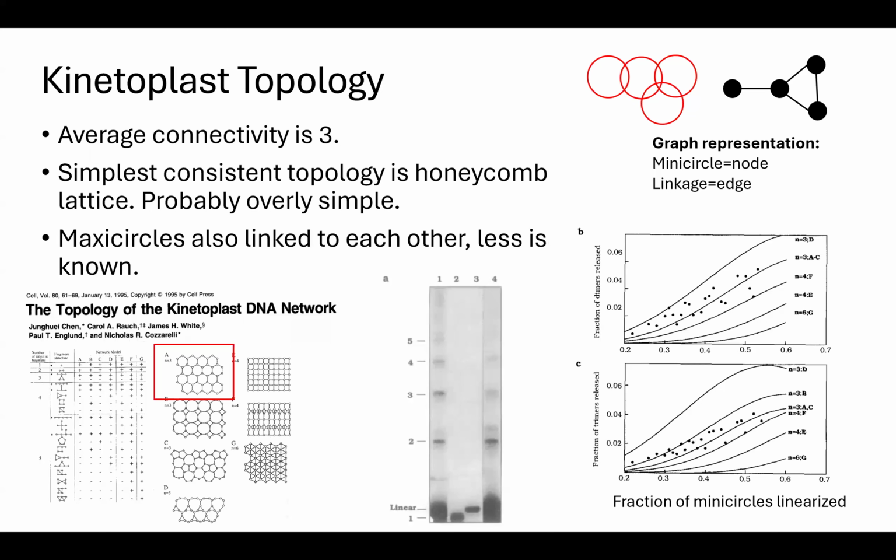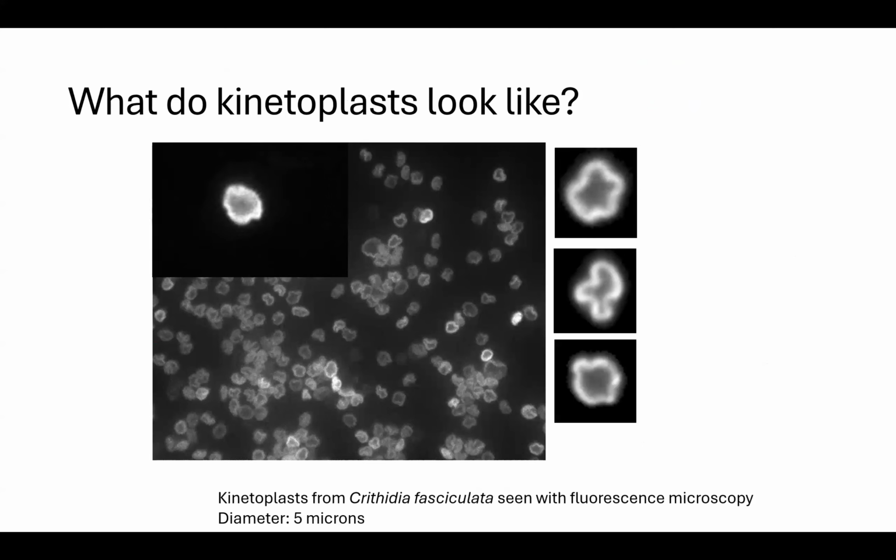And I think the idea of trivalence has stood the test of time, but everybody thinks that the honeycomb picture is too simple, and I will come back to that. My tool as an experimentalist is mainly fluorescence microscopy. So looking at kinetoplasts in a microscope, each one of these little blobs is a kinetoplast made of 5,000 smaller loops of DNA. Before I started doing these experiments, I was kind of picturing in my head some kind of fuzzy, I don't know, DNA spaghetti monster.